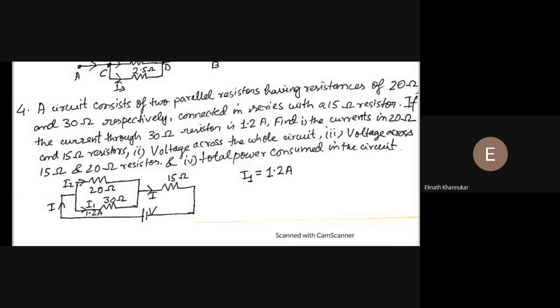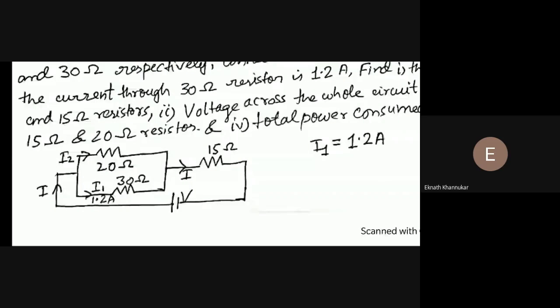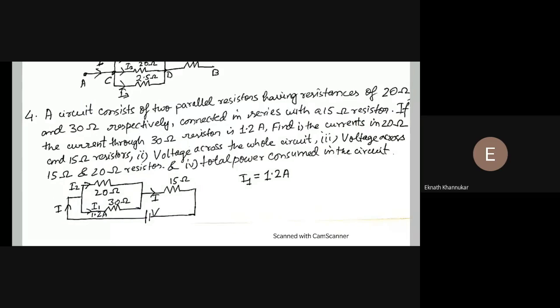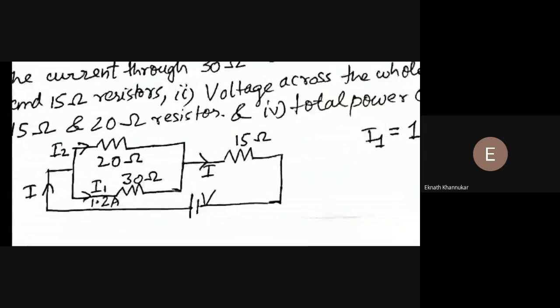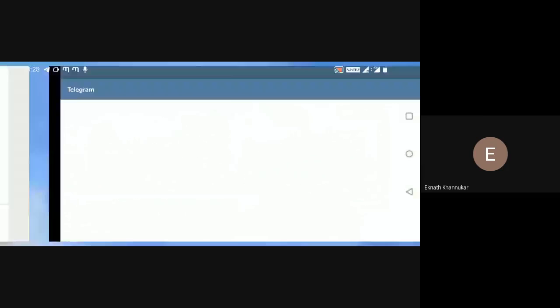See, here many things you have to find out. There are four portions actually: 1, 2, 3, 4. Many things you have to find out here. This is again a circuit where there are two parallel resistances. Along with that, in series is one series resistance. Okay. So what here is asked is, they have told that out of the two parallel branches,